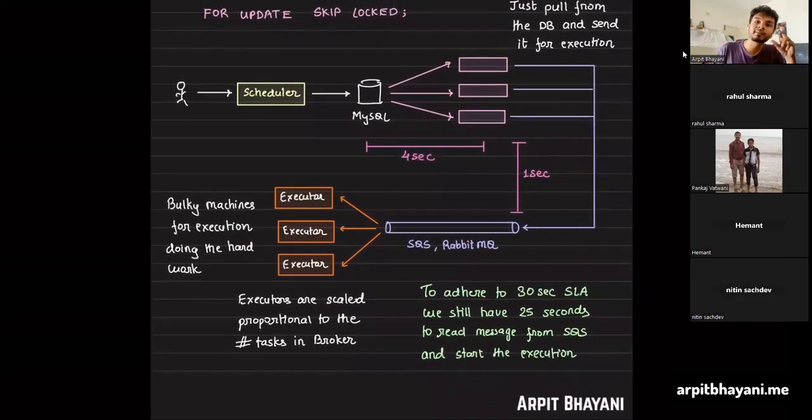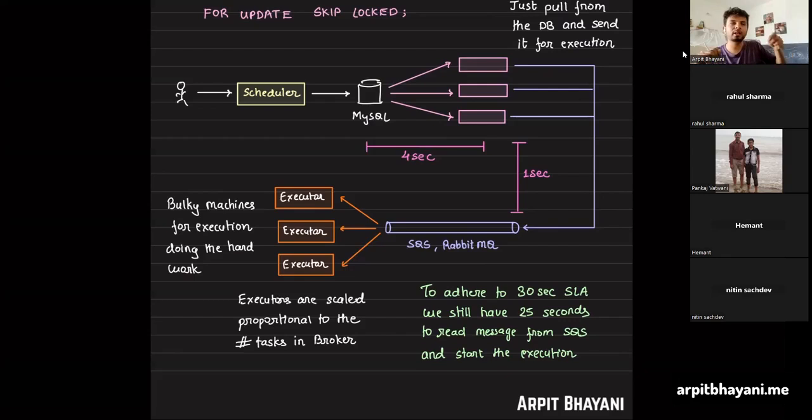Each executor might have a specialized configuration on which a particular type of task should be scheduled. It is the responsibility of your task puller or task picker, who's picking the task from the database, to put it in the right queue. You might have multiple queues: one for GPU-based tasks, one for CPU-based tasks, one for Java-based tasks, one for Golang-based tasks. And depending on the task, the command and the type and whatnot, you can make it as fancy as you like. You put it in those corresponding queues.